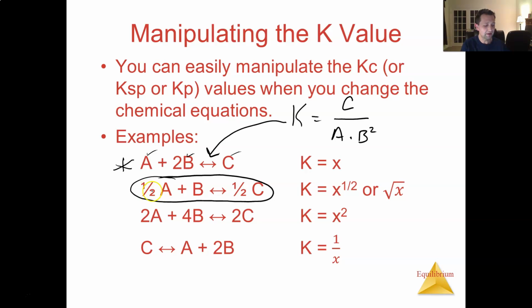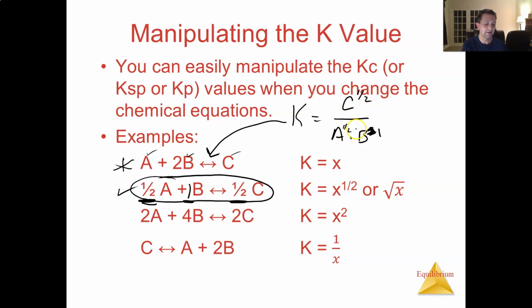I should have the brackets there, but I'm trying to save space. Now, if I multiply everything by a half, look, my coefficient becomes 1/2, this 2 becomes a 1, and the 1 becomes a 1/2, right? So I'm really multiplying every single thing by a half, and since the half is your coefficient, this will end up looking like C to the 1/2 over A to the 1/2 B to the first. What I did was I multiplied everything by a half in my balanced equation, which really means I